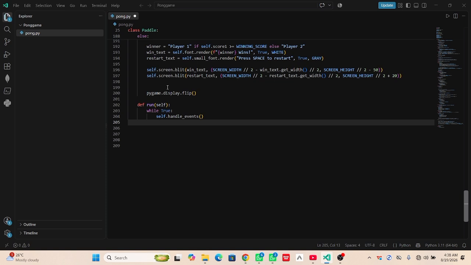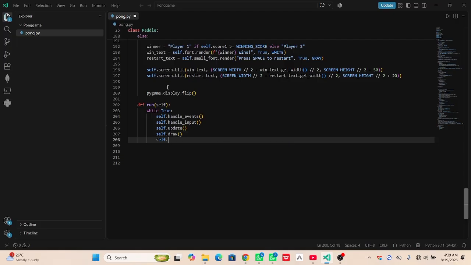Second, I'm going to have self.handle_input. Third, self.update, and also self.draw, and also self.clock.tick. In bracket I will have FPS, and